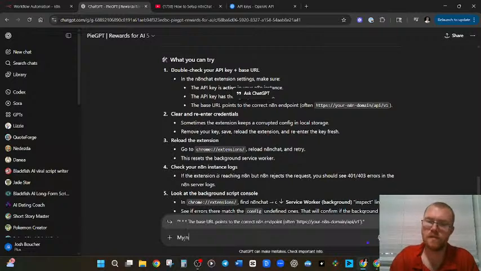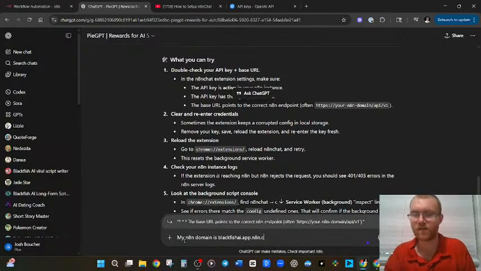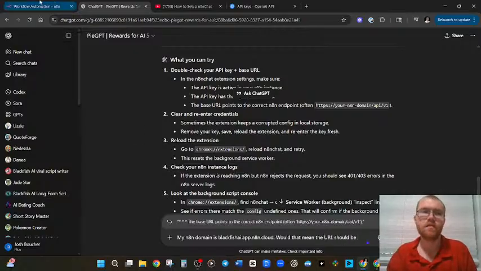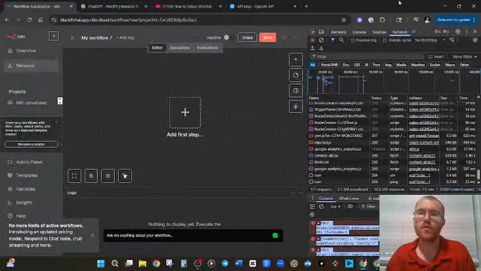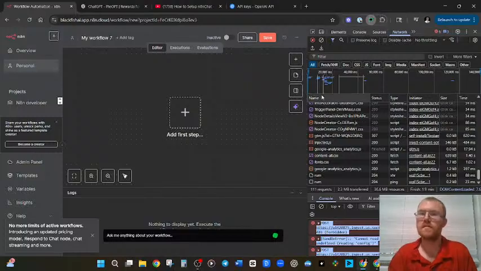My N8N domain is blackfishai.app.n8n.cloud. Would that mean the URL should be... Actually, I should grab the URL this is actually pointing to. So that way we get a little more